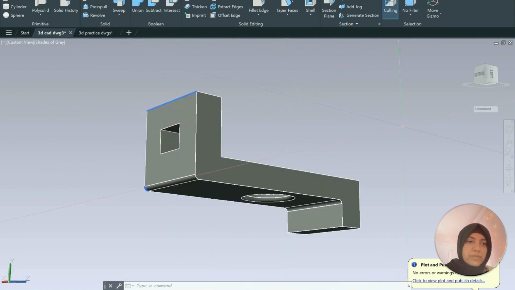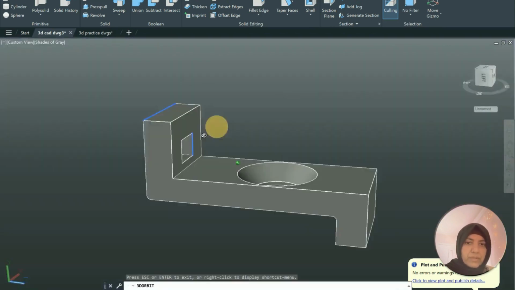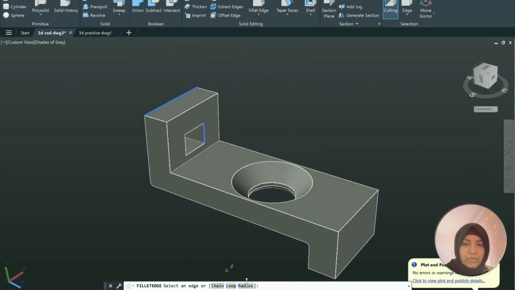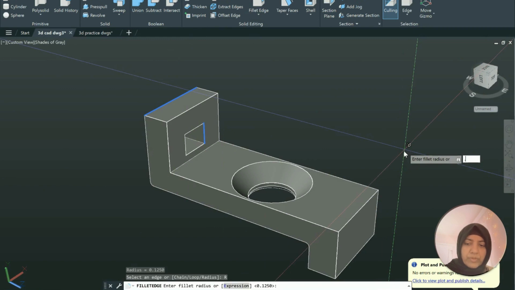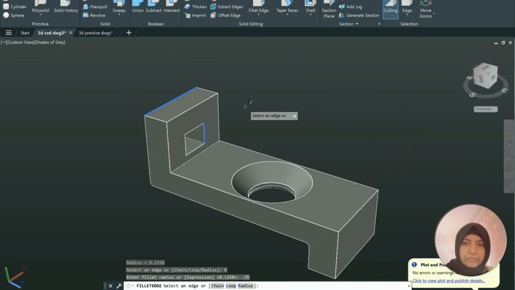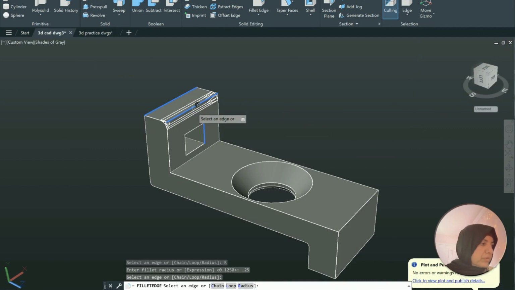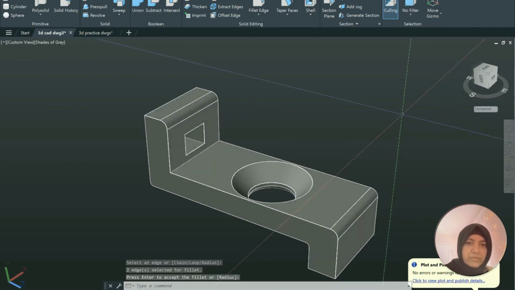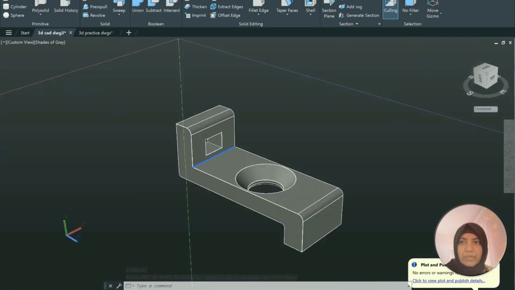And then there is another fillet, and for that radius is 0.25. That is this one and this one. Enter twice. Drawing at this point,